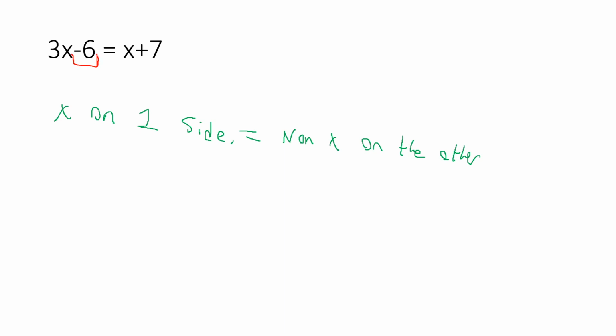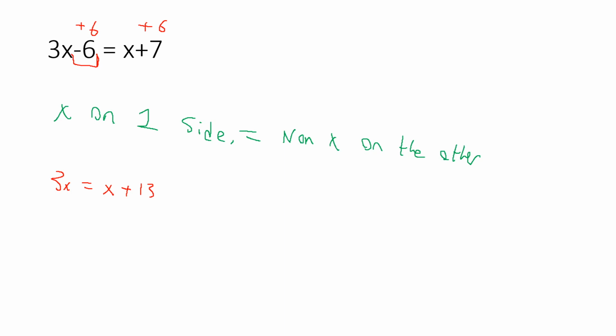So how do we get rid of this minus 6? All we're going to do is add 6. And likewise, we're going to add 6 over here. So we're left with 3x minus 6 plus 6 is 0 is equal to x plus, what's 7 plus 6? 7 plus 6 is just going to be equal to 13. Does that make sense? So now, okay,